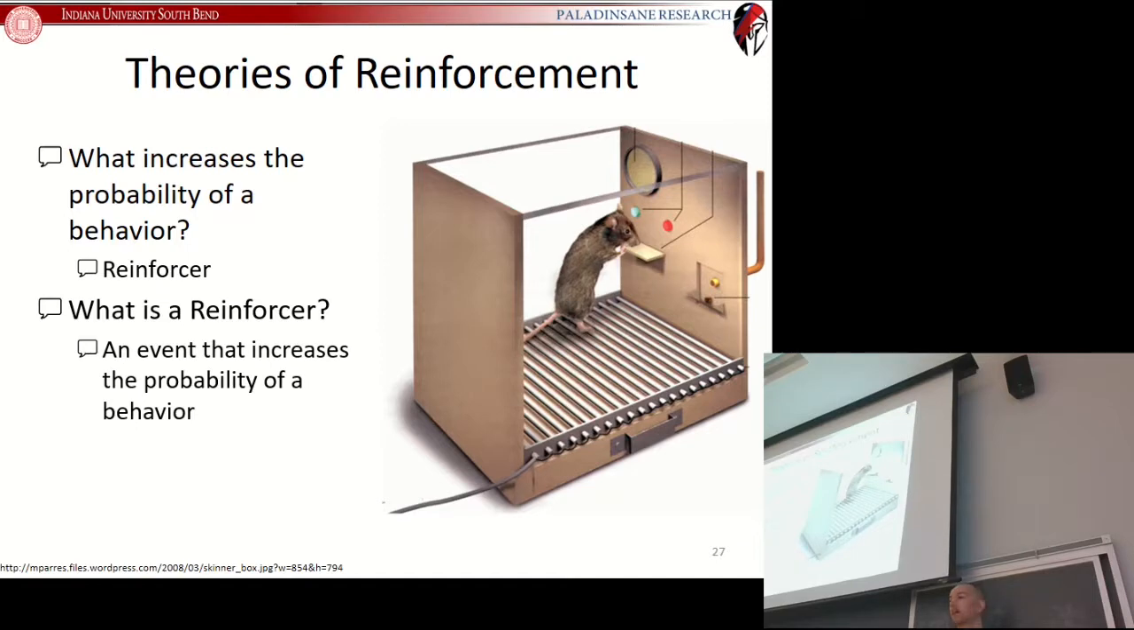And the first person would say, well, what increases the probability of a behavior? And the psychologist would say, well, a reinforcer. And the person would say, well, what's a reinforcer? And you can see that you're just going round and round. And the problem with this is that it's a circular definition. And with a circular definition, you have no power to actually identify a